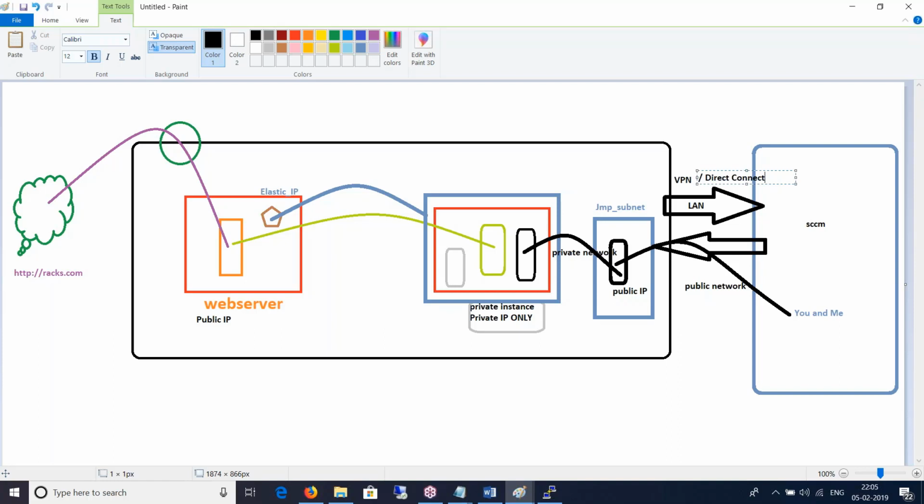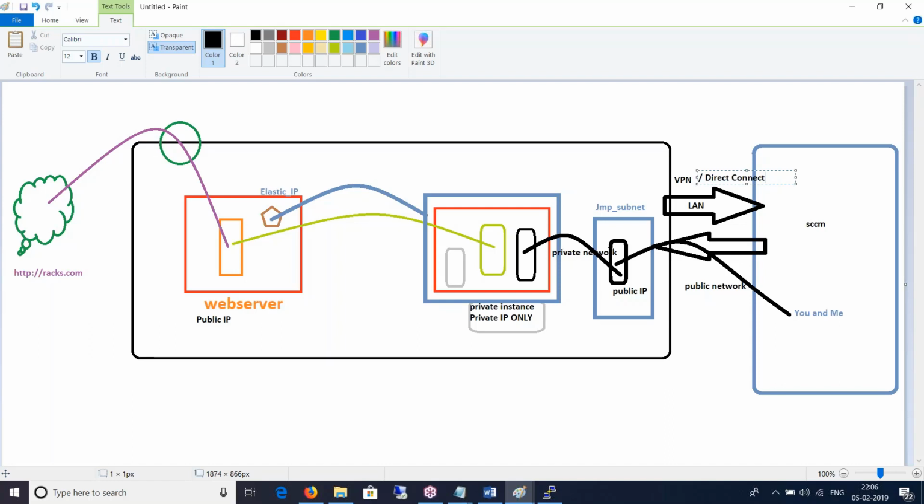Yeah, the difference between a public and private instance is that you can access a virtual machine which has a public IP from the internet. But the private instance is not accessible from the internet, even if it is connected through the NAT gateway. So the internet access is not bidirectional. It's just like your laptop. Your laptop is behind a NAT at your home. You can access the internet, just like the instance can, but nobody can access your laptop.